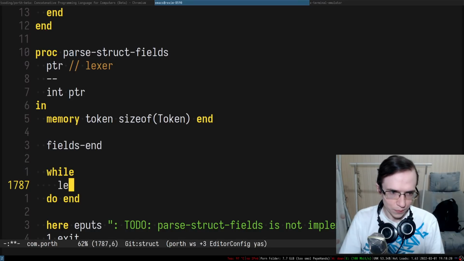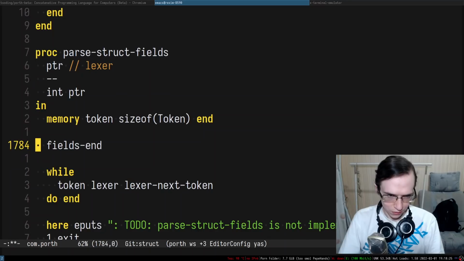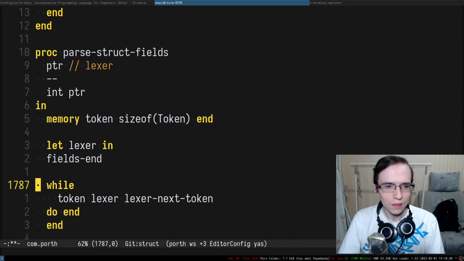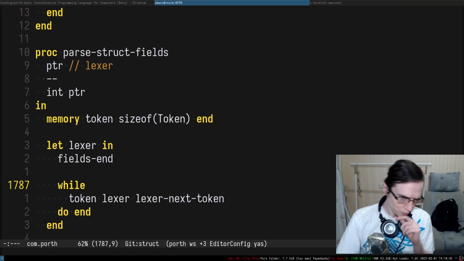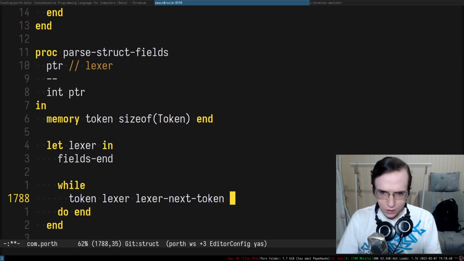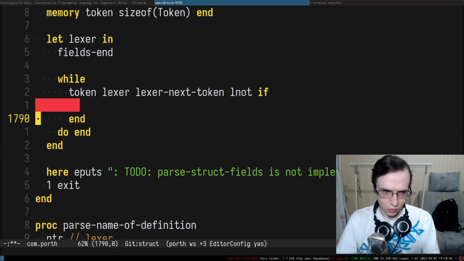If lexer next token, we have to provide the token and we have to provide the lexer. But with the lexer, we have to maybe bind it, so it's a tiny bit easier to use. So here's the fields, and then the token, and if it's not available,